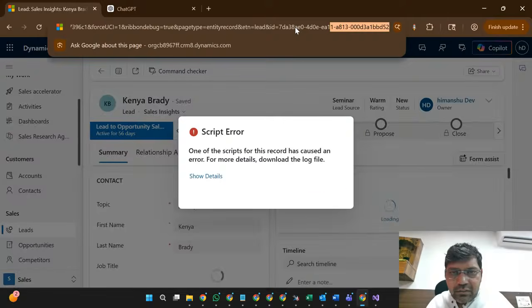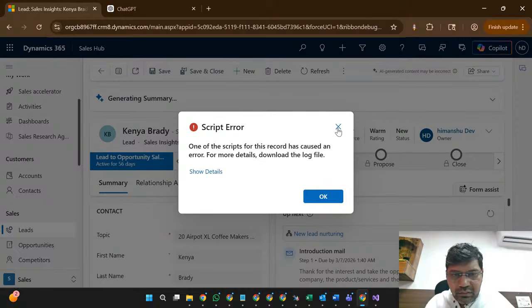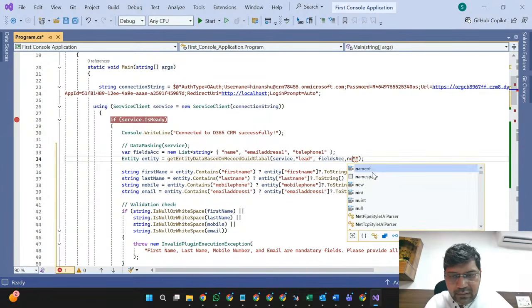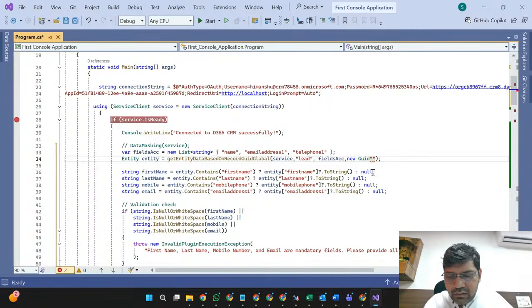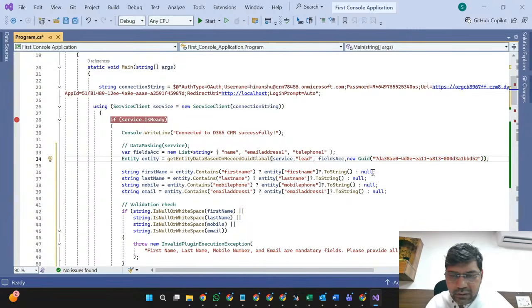Even we can define here a new GUID. So this is the way.